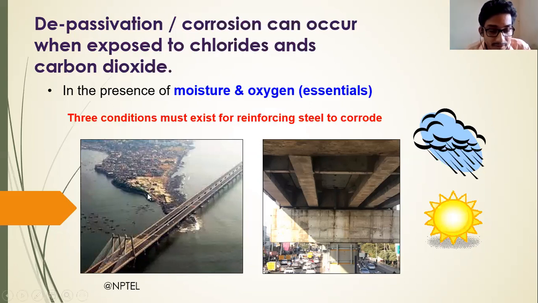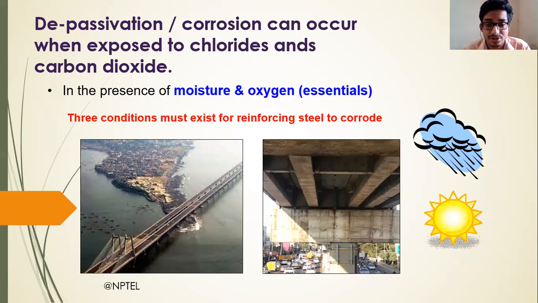This structure is in a marine environment, so it may suffer from a lot of chloride attack. And here you can see the flyover in that metro city, where the local concentration of CO2 is high, because there are a lot of traffic jams. So the local concentration of carbon dioxide is quite high in this region. Even though the carbon dioxide will dissipate into the atmosphere,